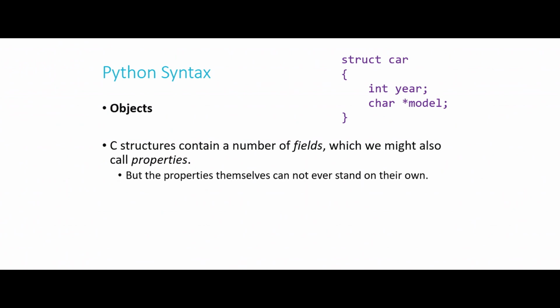So if I define in C here, as I do at the top right, a car structure that has 2 fields or 2 properties in it, year and model, I might be able to say the following. Struct car Herbie. I'm declaring a new variable of type struct car called Herbie. And I'm saying Herbie.year equals 1963, Herbie.model equals Beetle. Totally okay, right? Because in each case where I'm using year and model, I'm associating it with some structure of that data type, in this case, Herbie. But I could never say this.